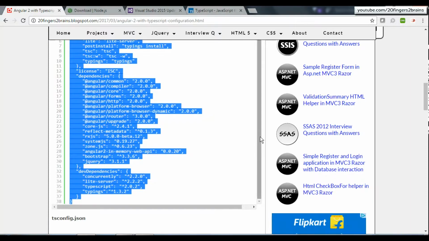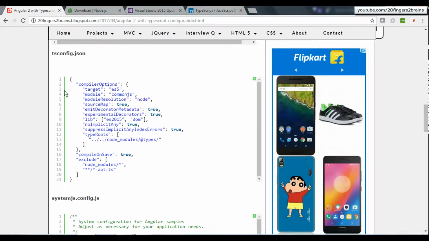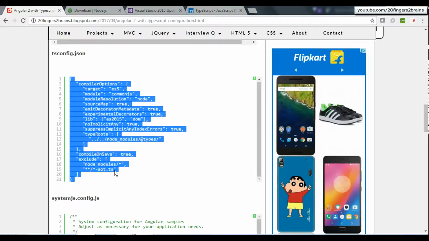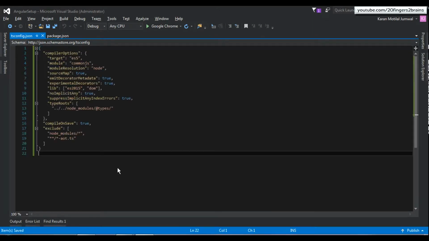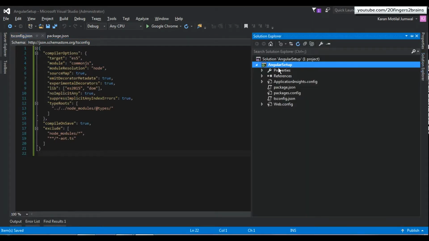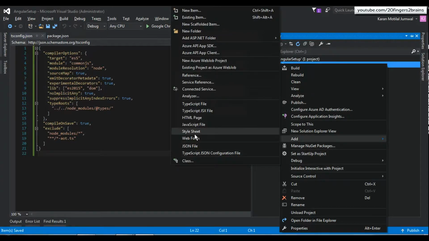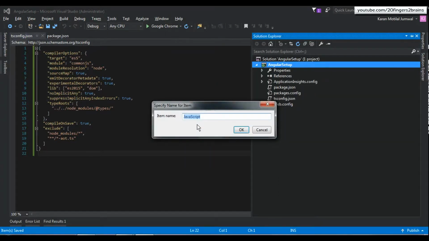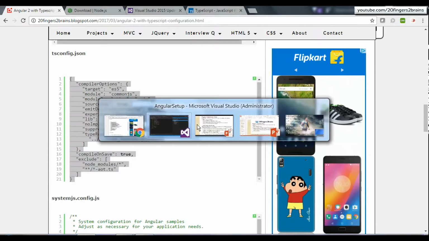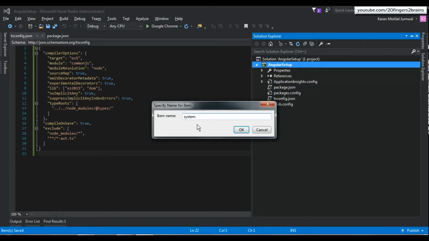Similarly, I'll go to blog again, copy this content, paste into this file, and the last file I'm going to create is a JavaScript file, and its name is systemjs.config.js.